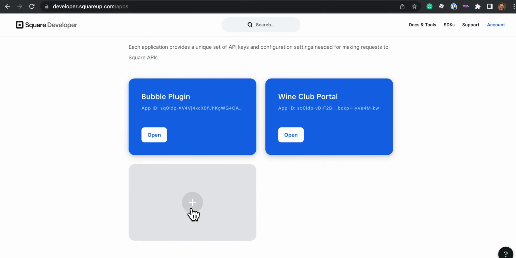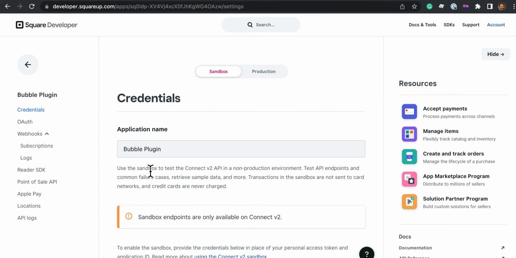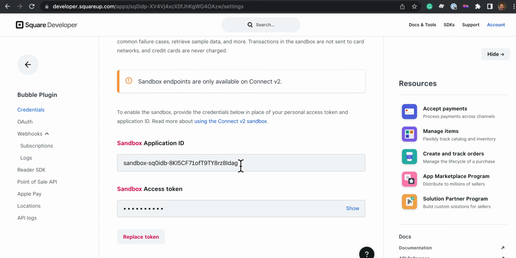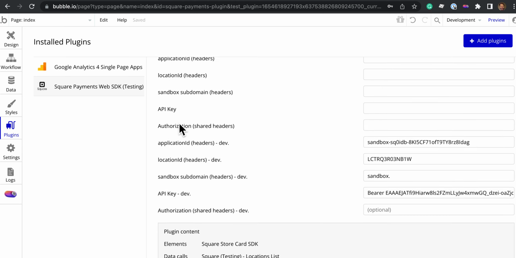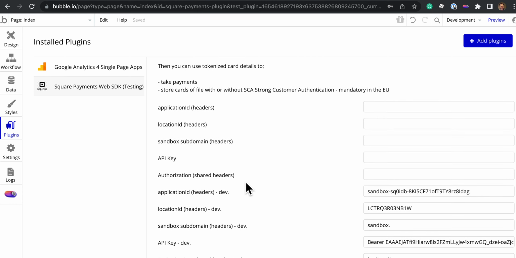You need to create an application, and I've created 2 applications in here, and you notice this has got an app ID. Then you open it, and in order to get the plugin working you need a few credentials. You need this application ID, and that goes in here, in the application ID and the headers. You'll notice here there are dev settings, and there are these settings up here